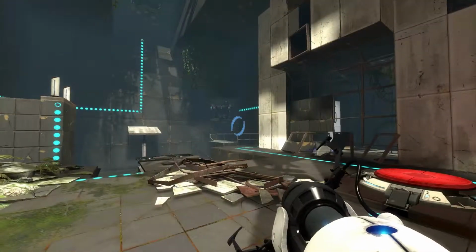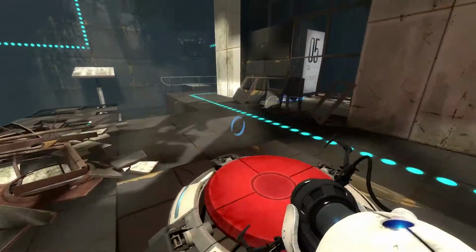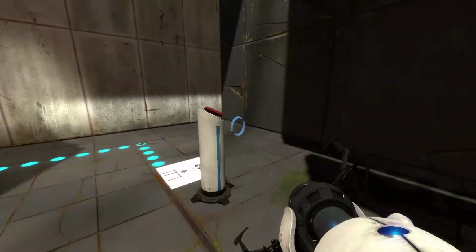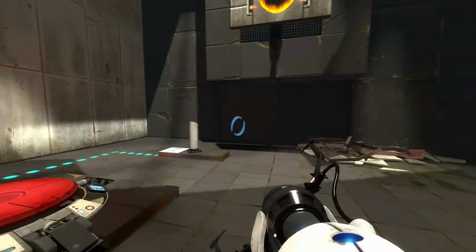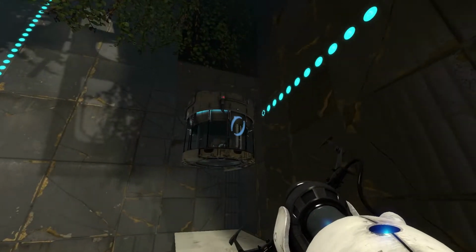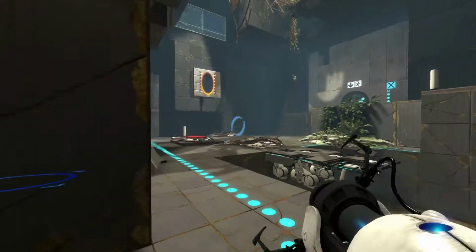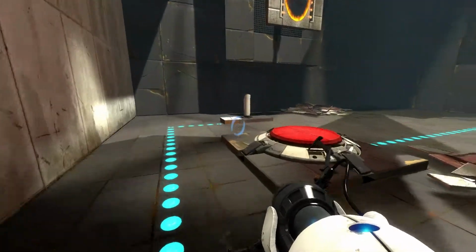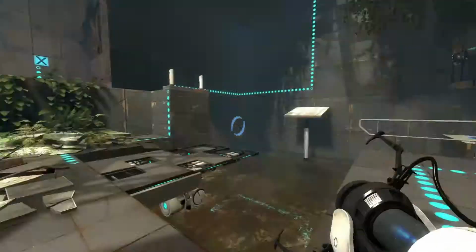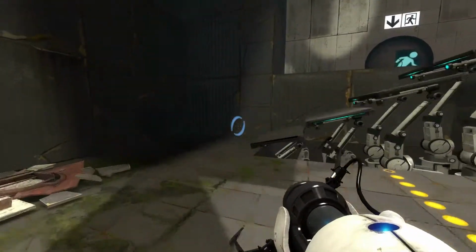So, what we have to do first is... right. Okay, I'm just trying to remember what to do, I'm sorry. Right. So this button, if you follow the blue dotted lines, which is very helpful for bigger test chambers, it will lead you to this, which means that it will drop this cube onto that surface. So what we want to do right now is hit the button and drop a cube, and put a portal there and drop the cube to us, and then put the cube here, go up the stairs,